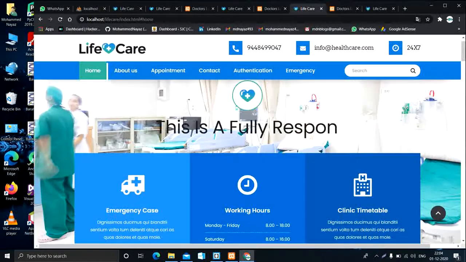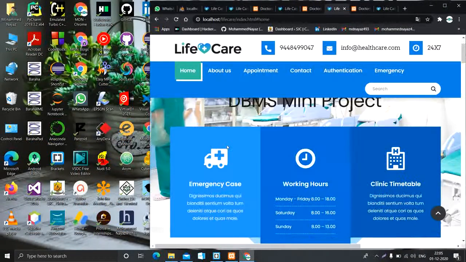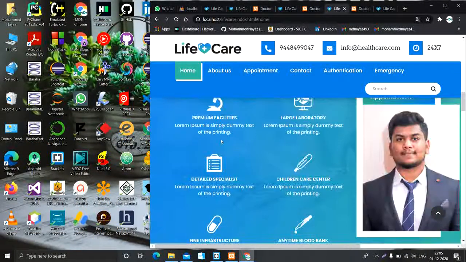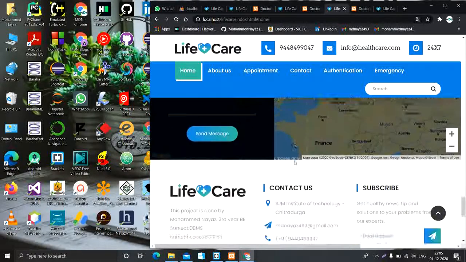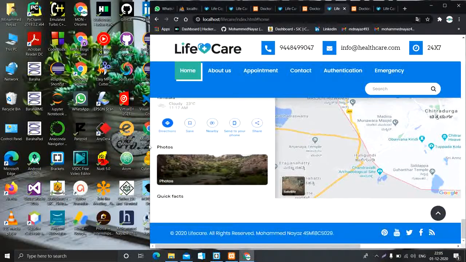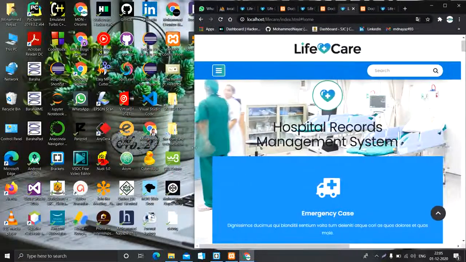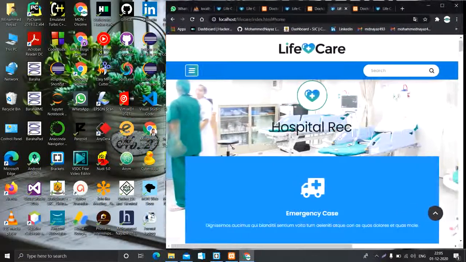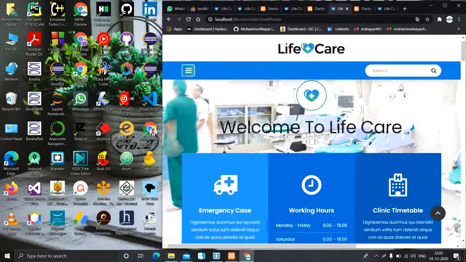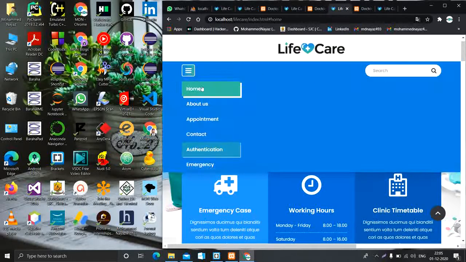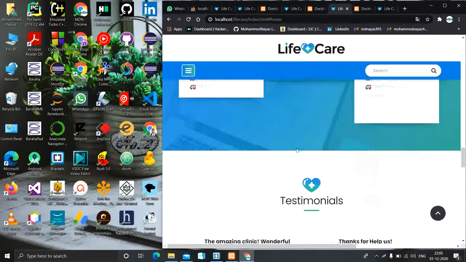So next let me show you the tab view. This is a mini laptop view. So you can check it out here. The arrangement has changed, the font size and the image size have shrunk. So next comes the tab size. You can check out the difference from this resolution to this resolution. This bar has come here. This is a tab view or tablet view. So as you can see, this is a tablet view.